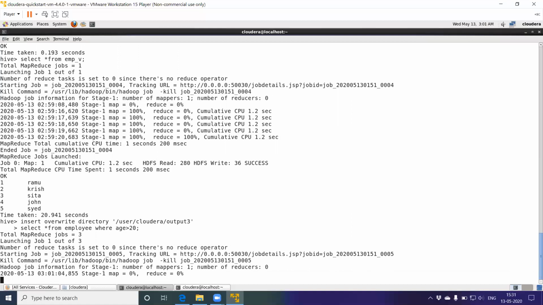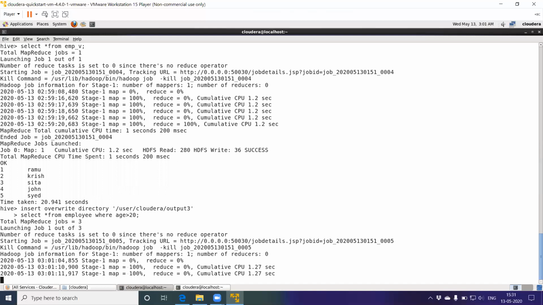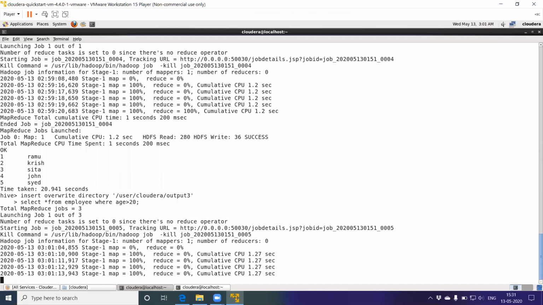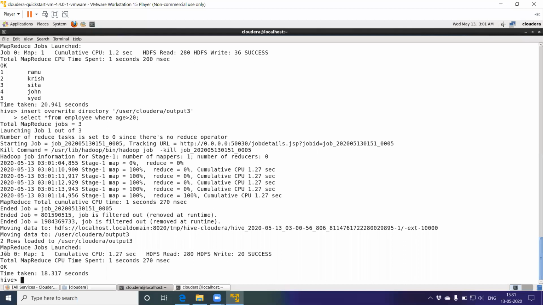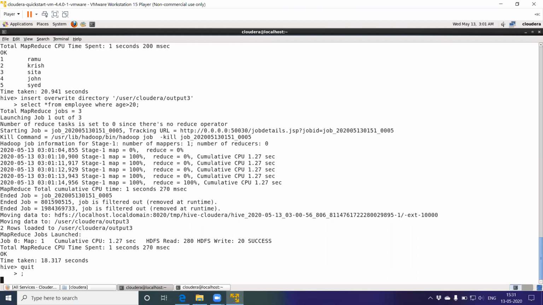Once this command is executed, once this job is processed using MapReduce, you can view the content in that directory. Now to view the directory, you have to go to the HDFS shell. Now you are in Hive, so you can quit Hive using the quit command, quit semicolon.